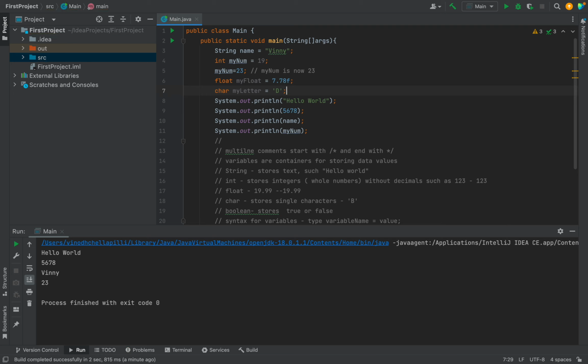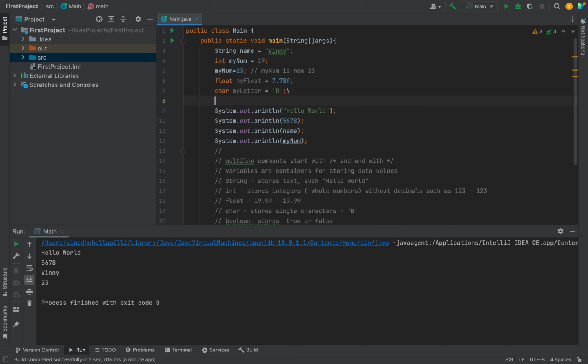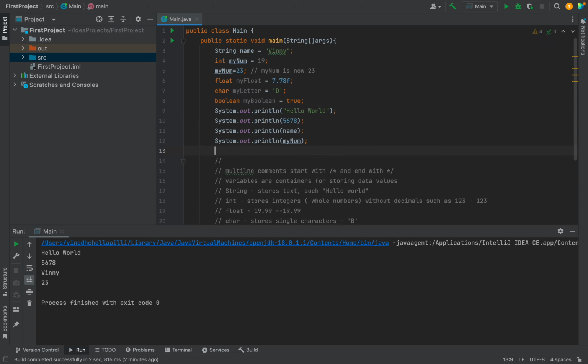So we already used string, int, float, char. We have one more called boolean. What is boolean, friends? Boolean is like a true or false, right? So now my boolean equal to, I'm saying true. So now what we have to do is,